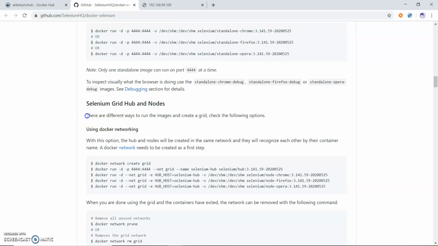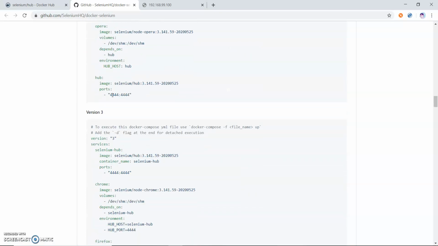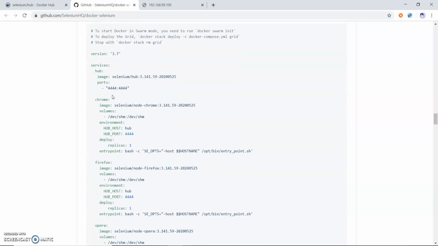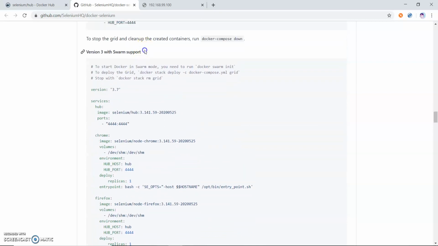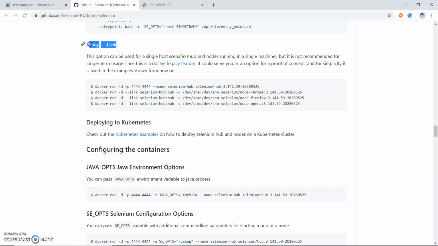There are different ways to run the images and create a grid. First is using Docker networking. Second option is via Docker compose, which I have already discussed. Third is Swarm support, and fourth is link.